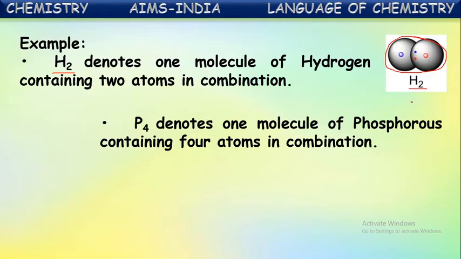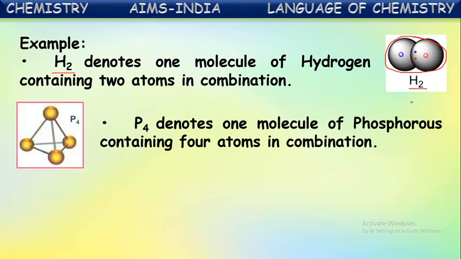In the same way, if you see phosphorus, P4 it is called. The molecule of phosphorus contains four atoms in combination. Instead of writing the phosphorus molecule in the complete name, it can be represented in the short way as just P4. That represents a four-atom molecule of phosphorus. P4 denotes one molecule of phosphorus containing four atoms in combination. Similarly,